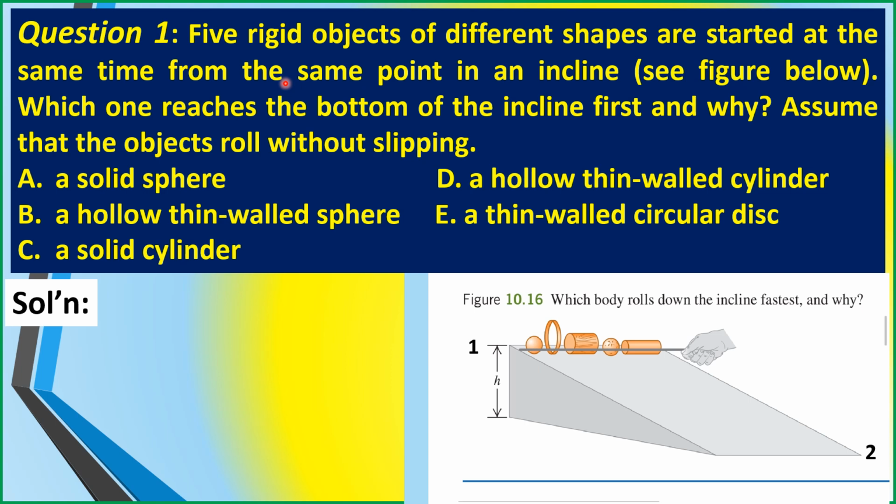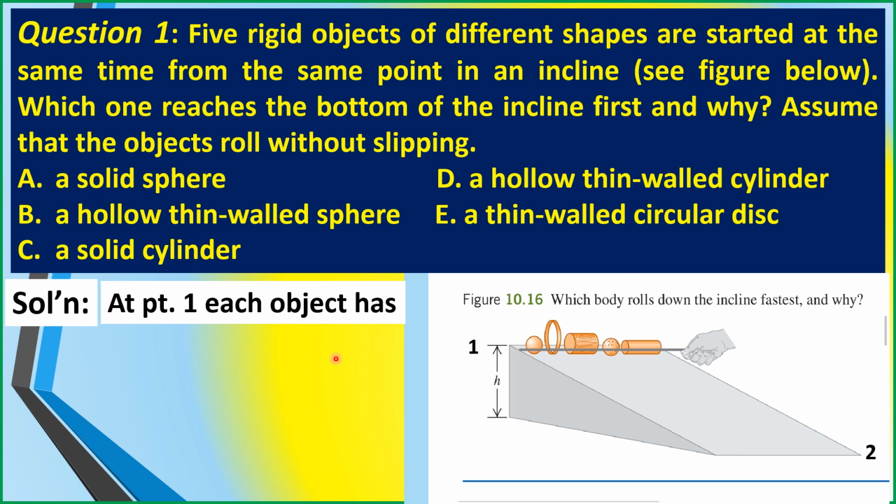In addition, since the objects are rigid objects, as well as the surface of the incline is also assumed to be rigid, that means that the kinetic friction will not be doing any work on any of these objects. And that will allow us to apply the law of conservation of mechanical energy, which we will describe that